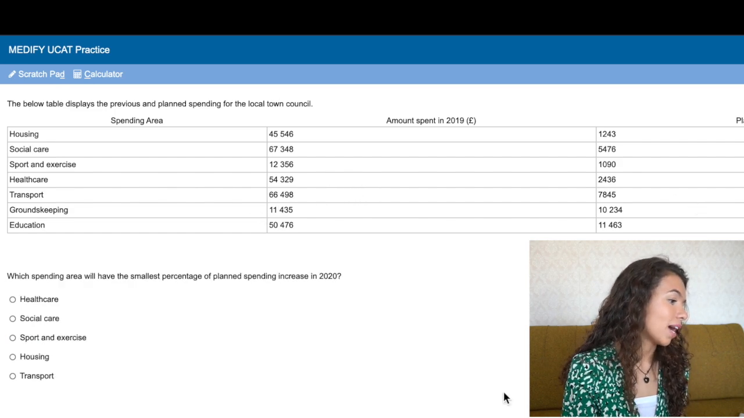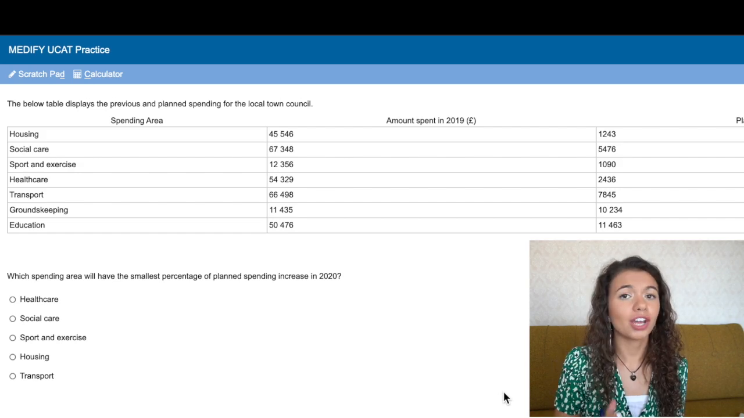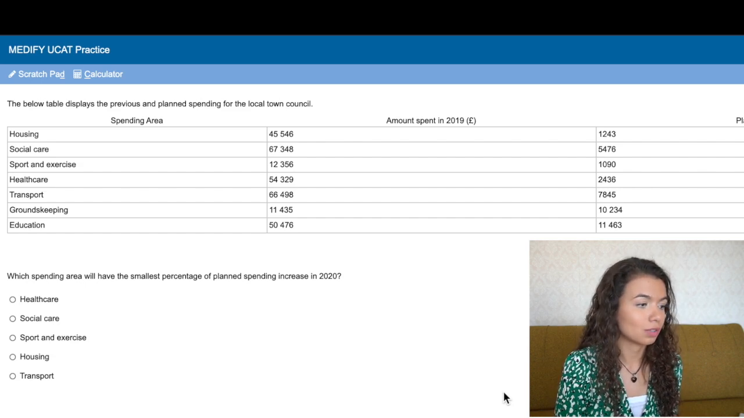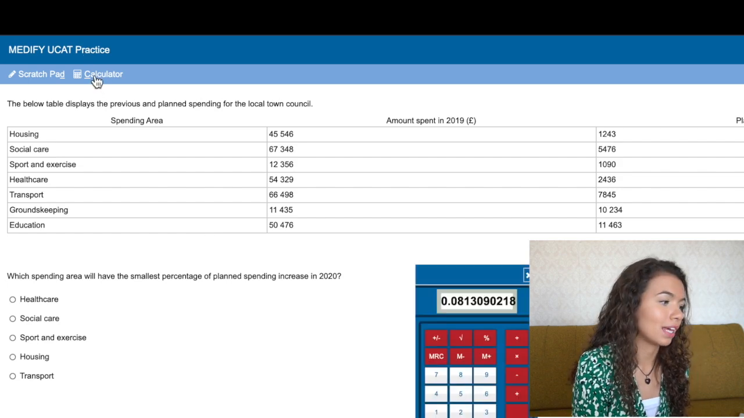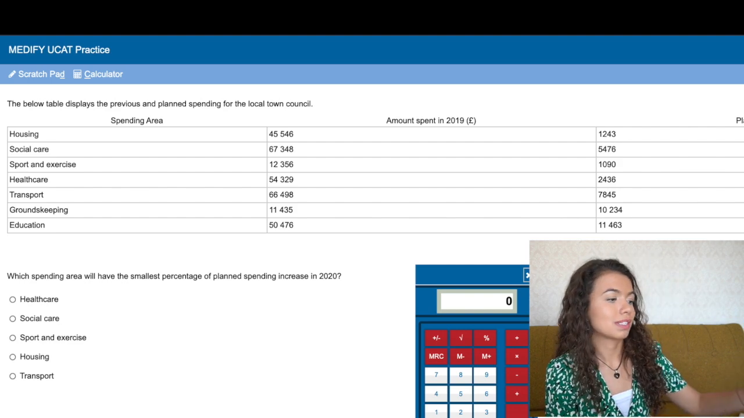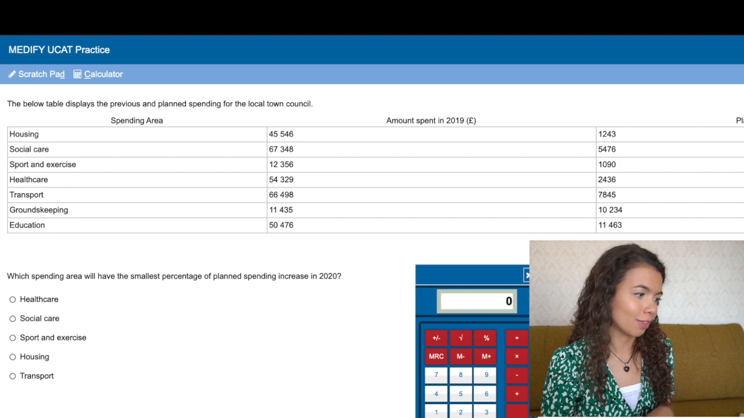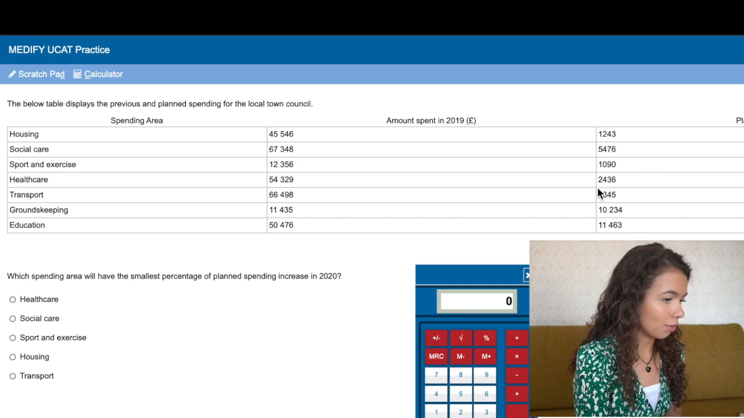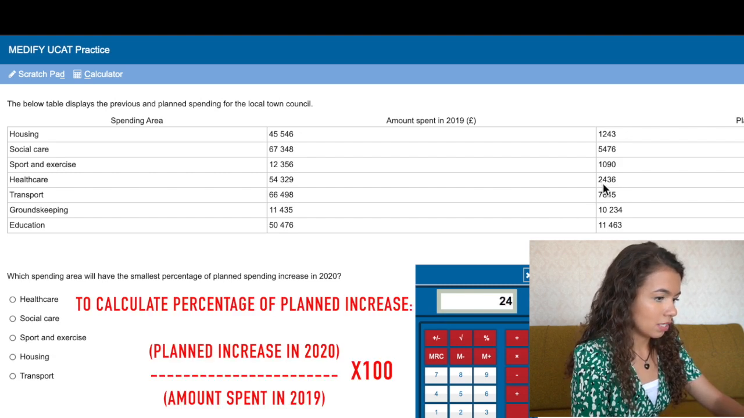Which spending area will have the smallest percentage of planned spending increase in 2020? Okay, so this is a bit of a long one. I think in the real exam, I'd probably just eyeball and guess, because I know that it's going to take me a few minutes to calculate this. I'm going to go ahead and calculate it anyway. The formula that I'm going to use will be the same for each of them. They're super simple calculations, but you just want to make sure that you're not getting the wrong values into the calculator. So if we start off with healthcare, the percentage increase would be